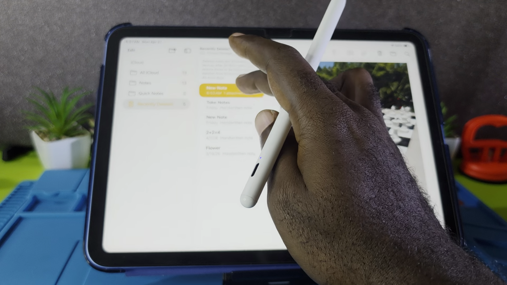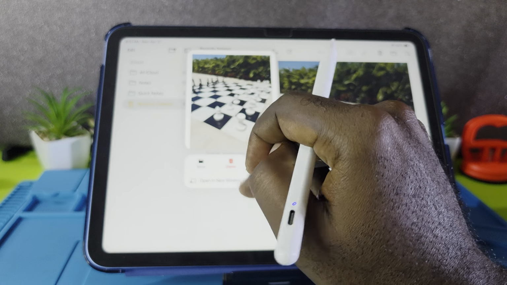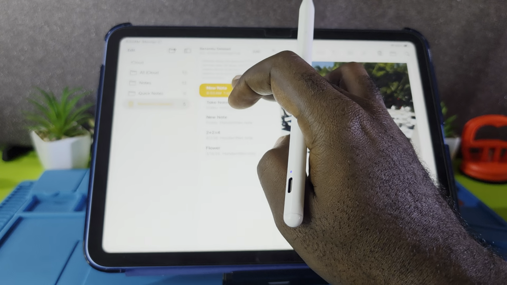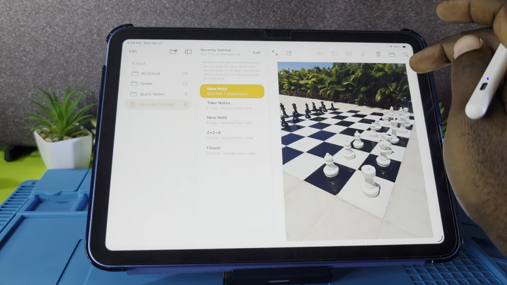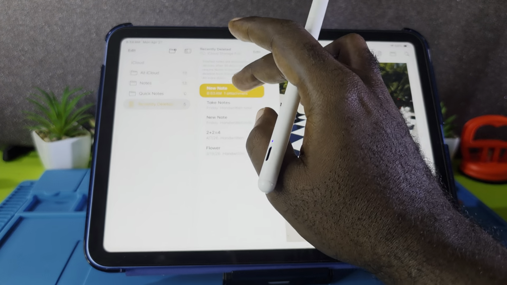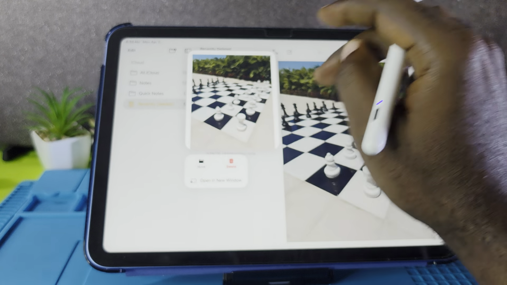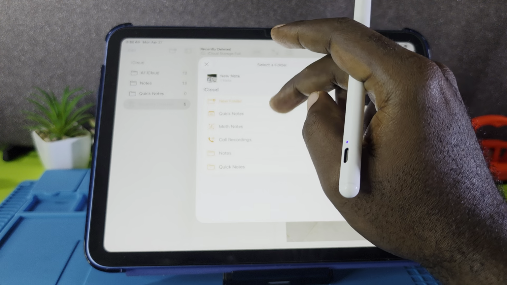You can actually preview them, then go ahead and press and hold. You could use the move option, but of course you can select, make sure it's highlighted, and from here you can go ahead and restore the deleted file. All right, so to get it back, I'm going to go ahead and long press. I'm going to hit move, and of course it gives you a bunch of